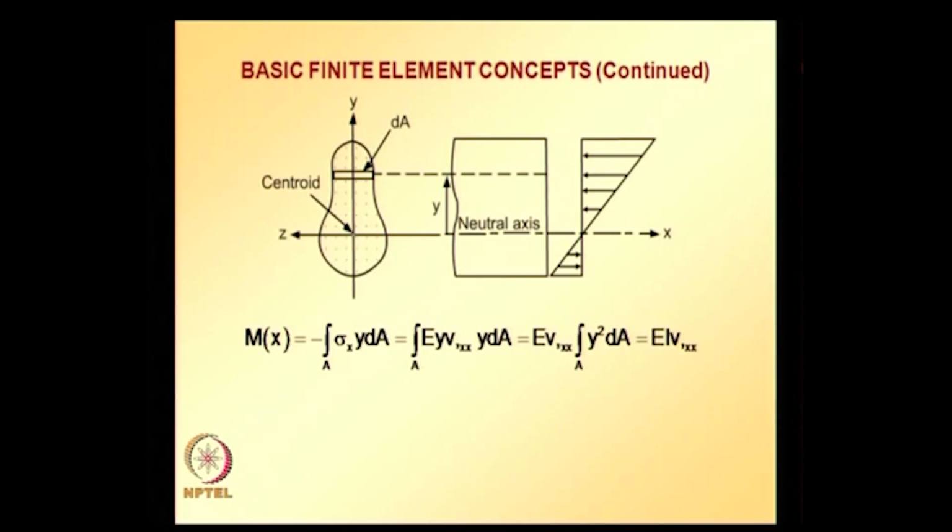Y is the distance of the differential element from the centroid or the neutral axis, and this is for a differential element dA. So, we need to sum up over the entire cross sectional area. So, it is minus integral sigma x y dA,